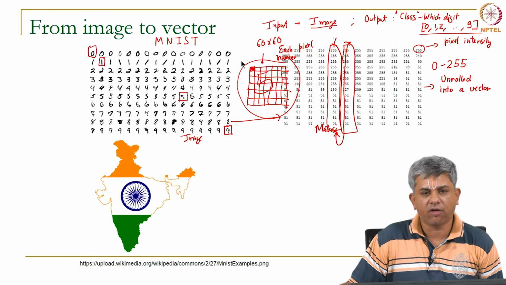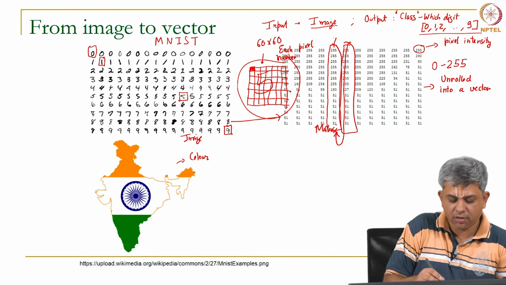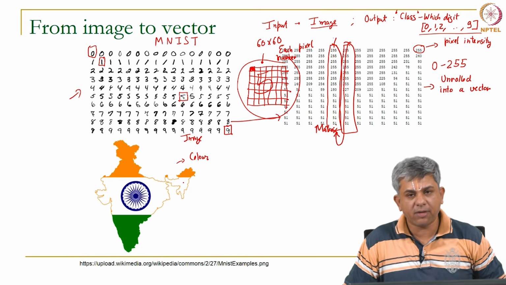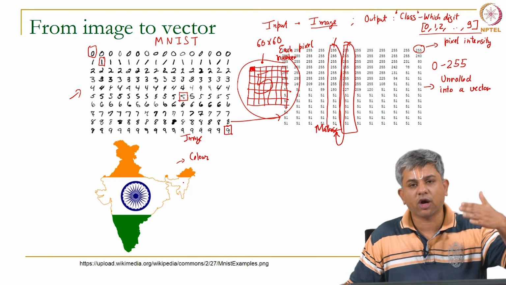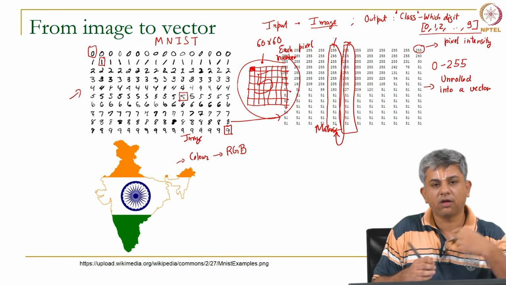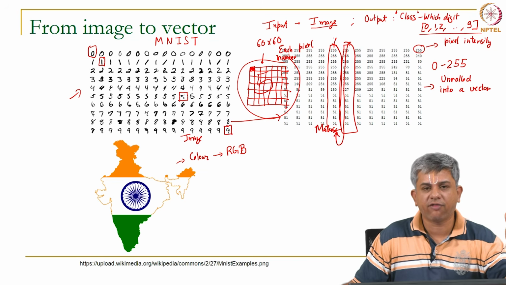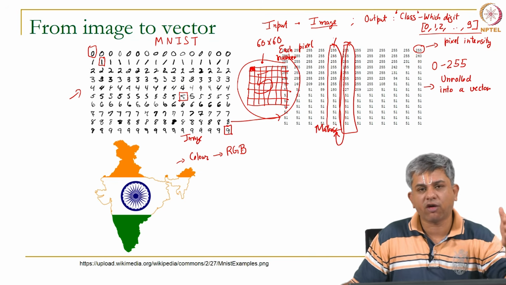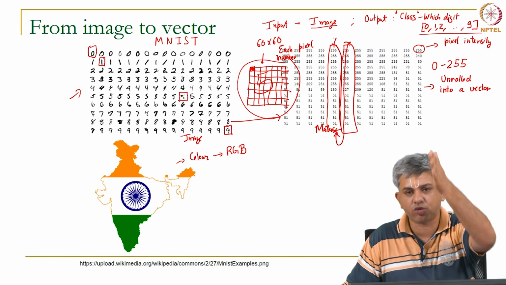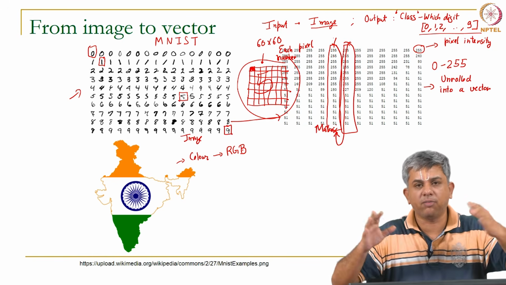This is an image of India. This is a color image, as against the previous one, which was a black and white image. For a color image, you need not only a single set of intensities, but it is usually represented in RGB, that is red, green and blue. So, you will have 3 sets of matrices, one showing the red intensity of this image, one the green intensity, and one the blue intensity, and all these put together give us the impression of a single image with varying colors.